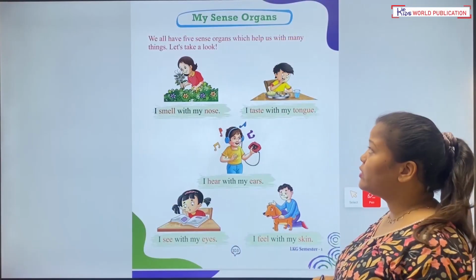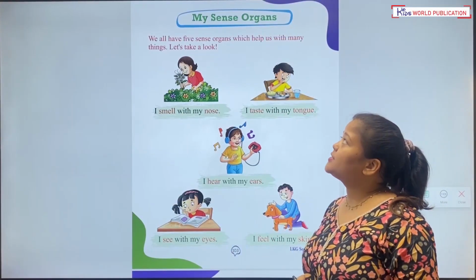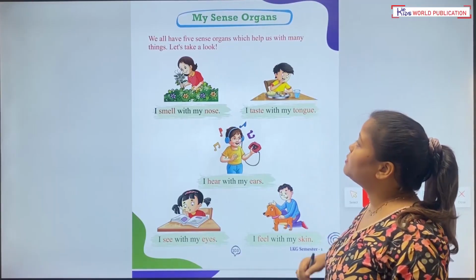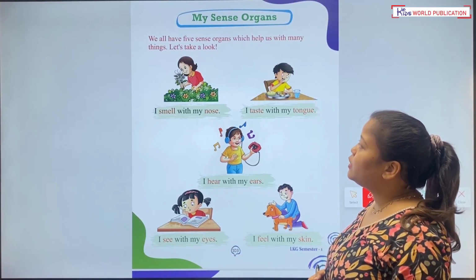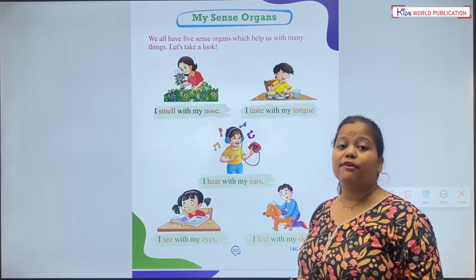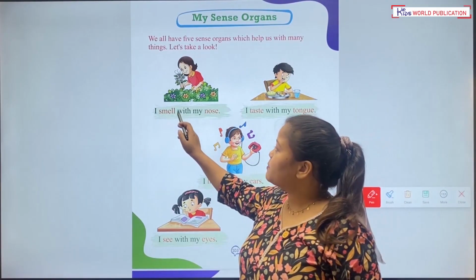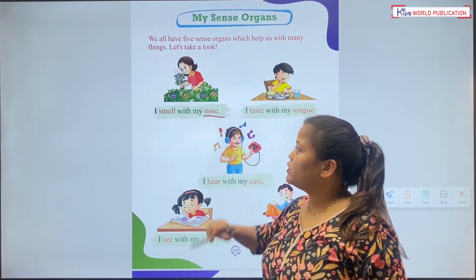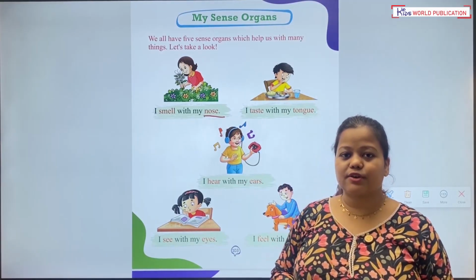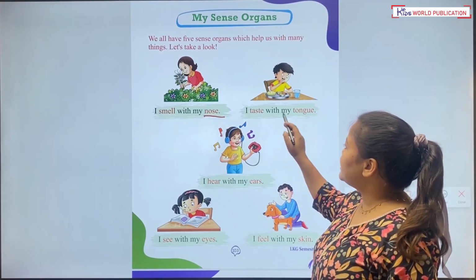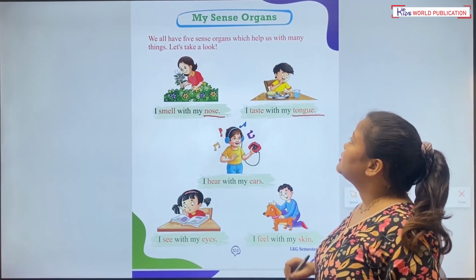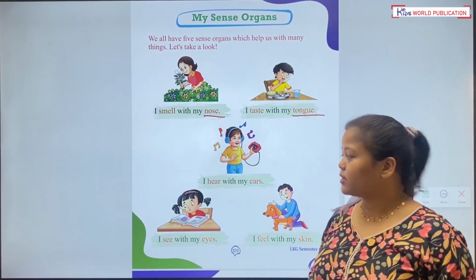My sense organs. We all have 5 sense organs which help us with many things. Let's take a look. So kids, we have 5 sense organs. Let's learn about them. I smell with my nose. So nose is our sense organ. I taste with my tongue. Tongue is also our sense organ.